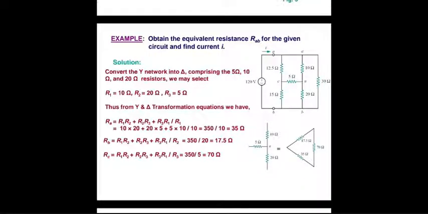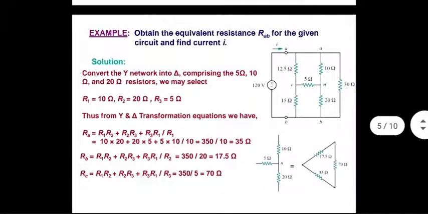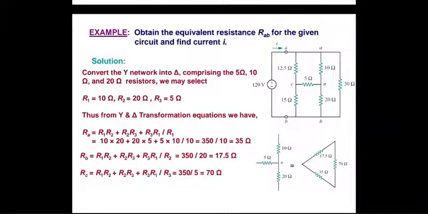Let's look at the philosophy involved in simplifying complex loads to simpler ones. This is the load given to you on the right top. Very complex load. All values are real, I know, but it is a complicated load. So how do you break it up? His approach is convert the Y network into delta comprising 5 ohm, 10 ohm. Actually, I did that in my previous example also. Same problem, but he has got a little more here compared to what I had.